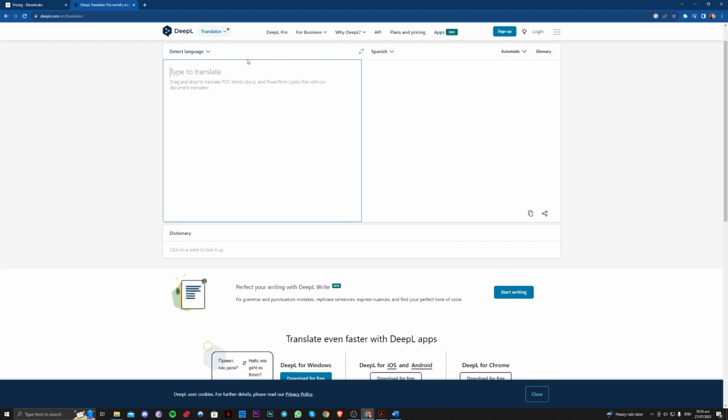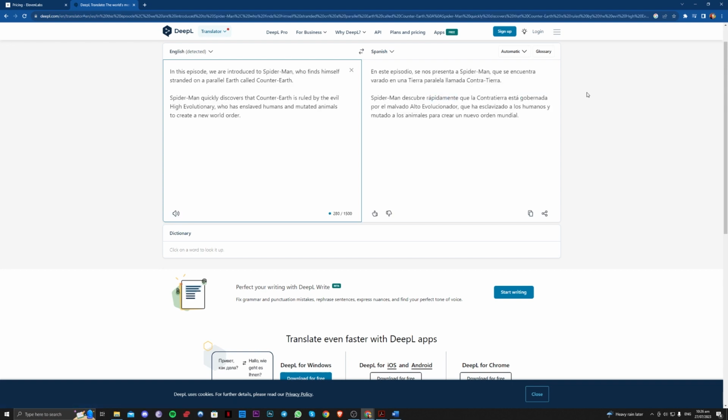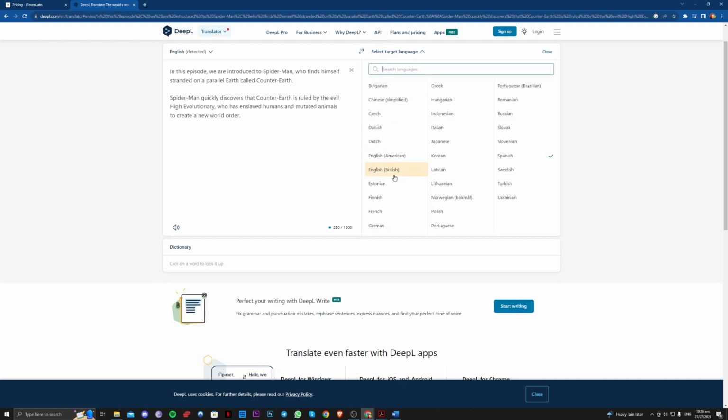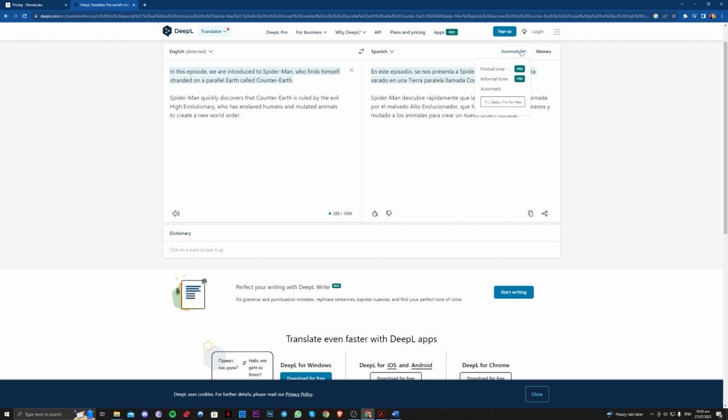So all you have to do here is type in what word you want to translate or what script. You can also use this to put it on your scripts on your YouTube if you want, or even for personal use. So as you can see, you can go ahead and choose a couple of languages here. So I'll choose Spanish. And for this one, it has different features here, so you can explore that if you want. And just copy it here.